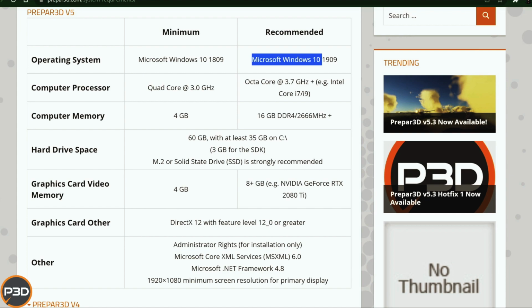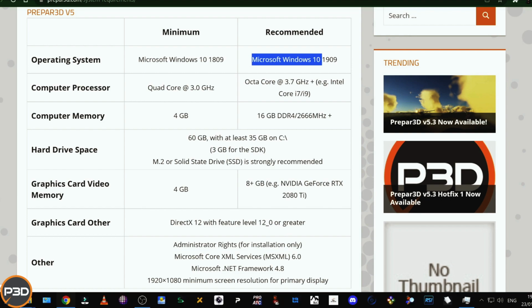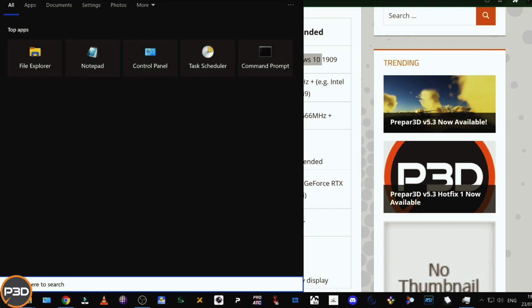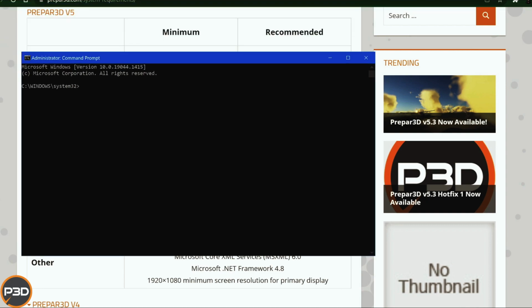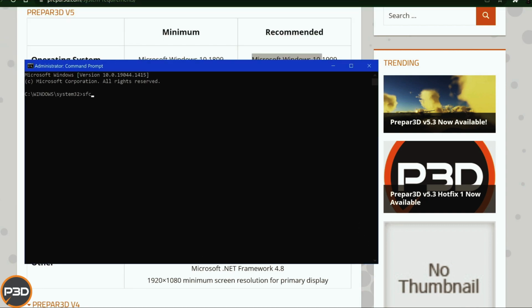And as I said, there's a link down below to a video. If you go watch that, you can prep your PC for making sure it will be able to run. But here's a good little test to see if you can run it. Go down to the search, type in CMD, bring up a command prompt, run it as administrator, and type in sfc